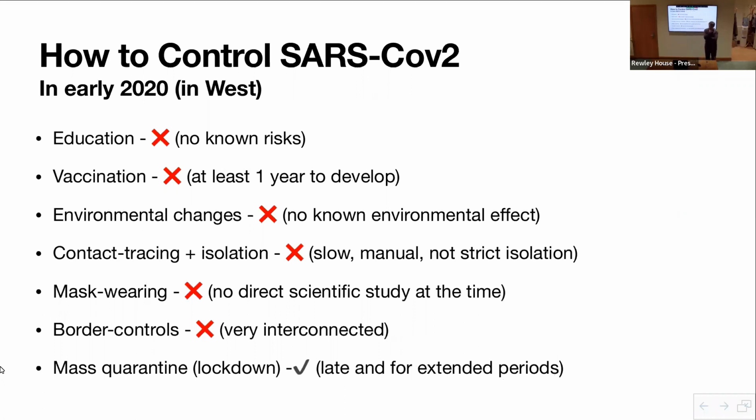However, we had a problem in the West in that our contact tracing is really being set up around STDs, and in general, the speed at which that needs to be done is not as quick. So while we do have extensive contact tracing within our public health authorities, it just wasn't designed to go at the speed which was required to control SARS-CoV-2.